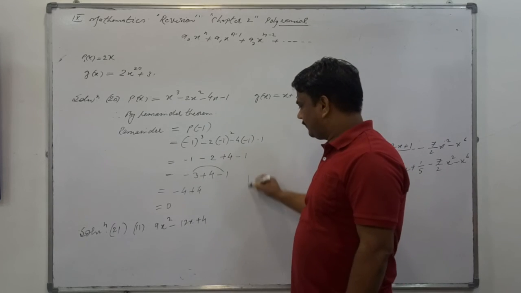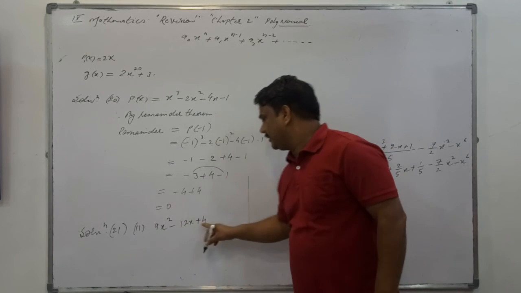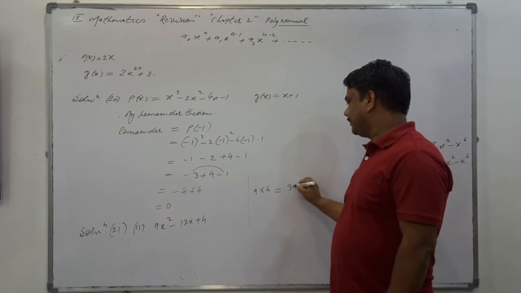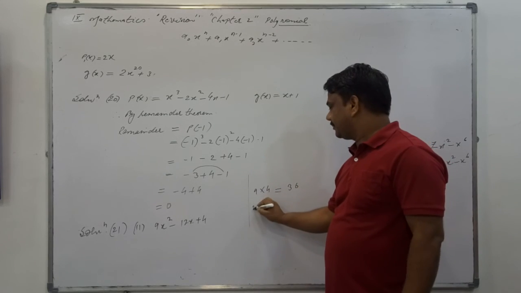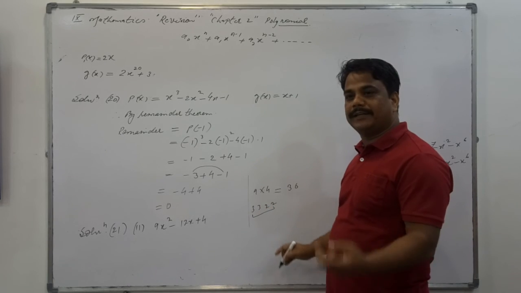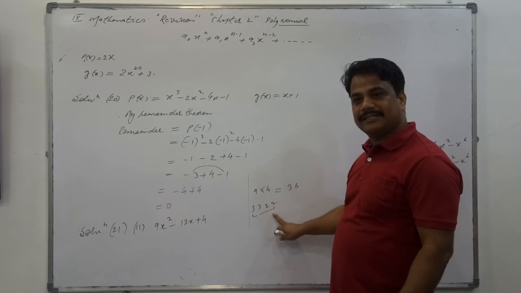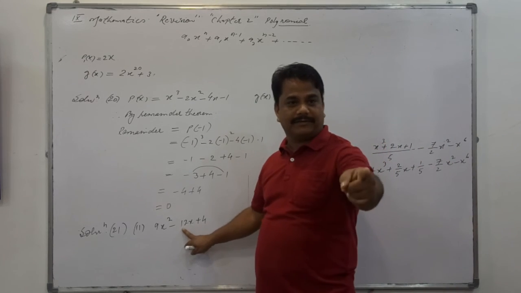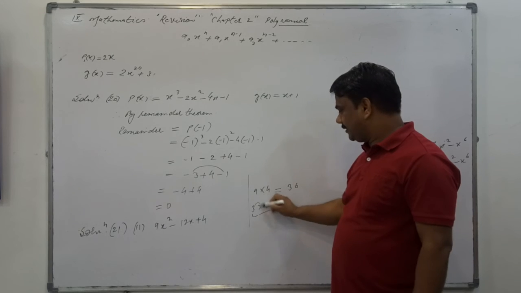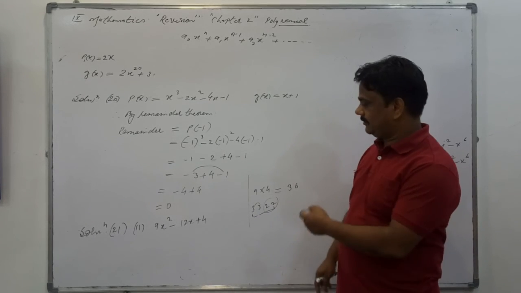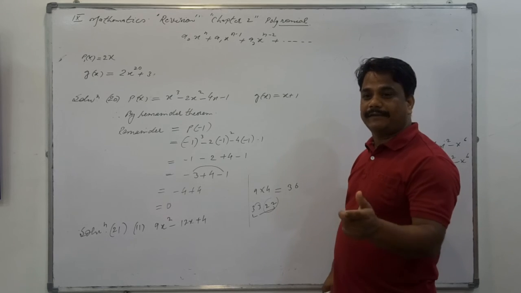What is the trick for factorizing the middle term? First term and last term to be thought of here. Together giving 36, but it can be split into 3 3 and 2 2. Out of these 4, you have to make 2 terms such that their sum or difference must be 12. 3 3s are 9 and 2 2s are 4. 9 plus 4 is 13, not coming here. 9 minus 4 is 5, not coming here.